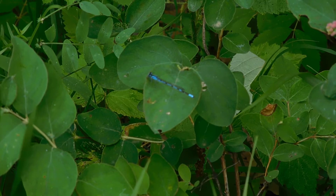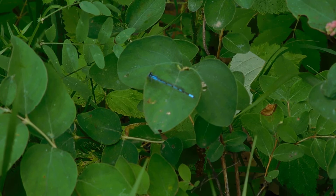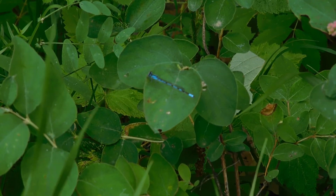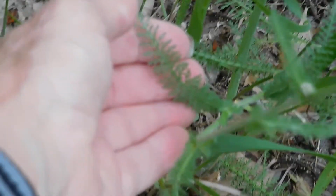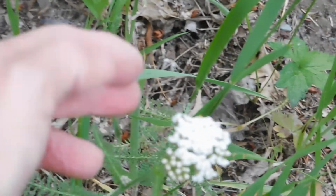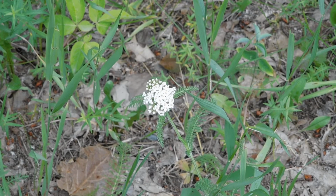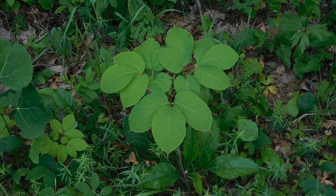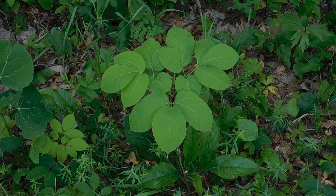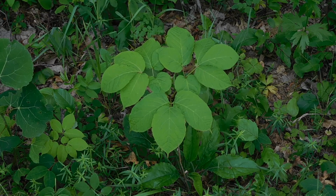Let me rearrange everything so you can see it. And that is the leaf of the yarrow. Let's see if we can get the plant in better focus. So we've got one more flower to look at, and then we're going to head on in. So I'll amend that a little bit. I do want to show you this plant, even though I can't find one that's in bloom, and it's a wild sarsaparilla. The really cool thing about the wild sarsaparilla is they get ball-shaped flowers, but they grow